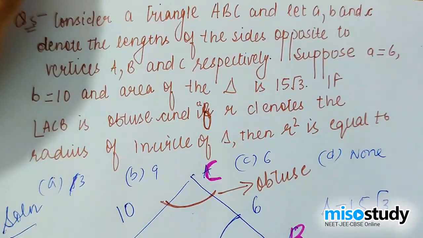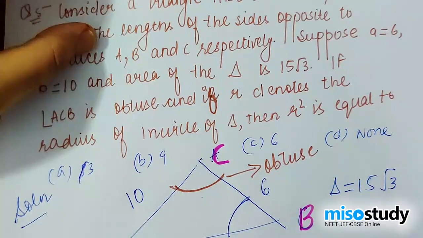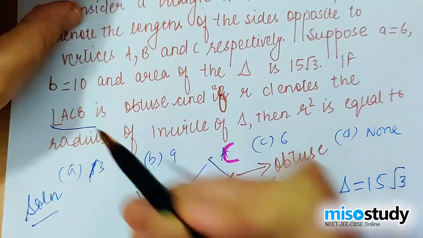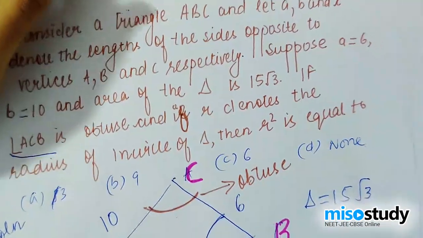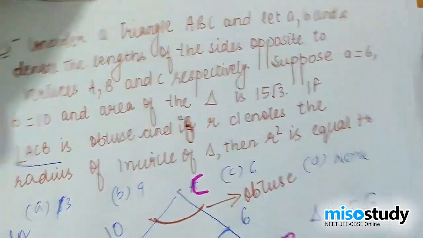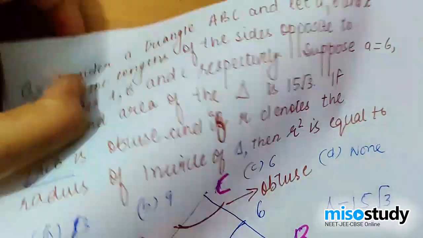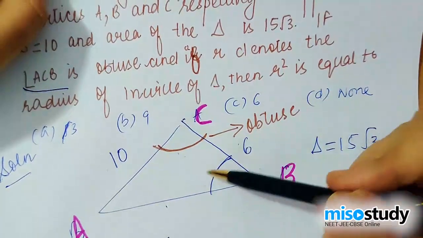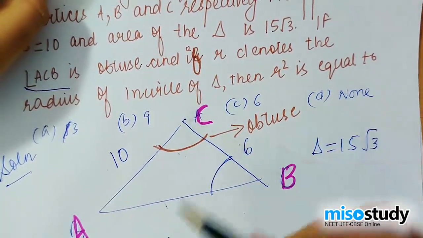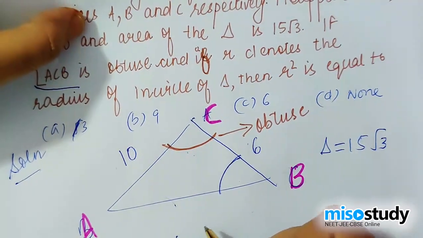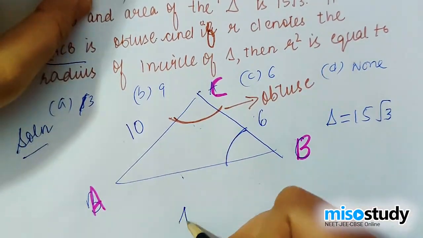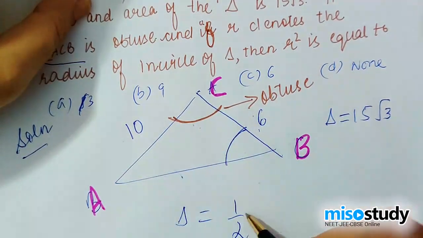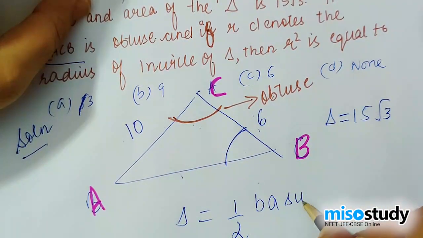You are being given the area, so let's just use this area. I know the area, and I'm also given that angle ACB is obtuse. So because I'm given that angle ACB is obtuse, I will work on finding angle ACB. How? I'm given the two sides and the included angle. So whenever I'm given the two sides and the included angle plus the area, it comes to my mind that I can use that area of triangle is half into this into this, this is side b, ab sine C. I can use this formula.